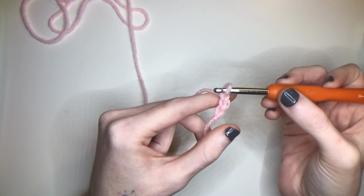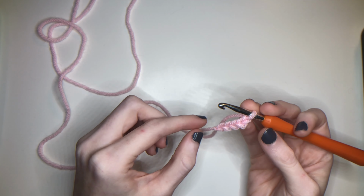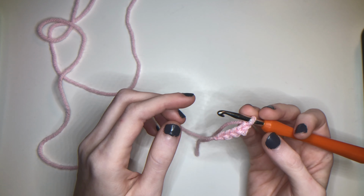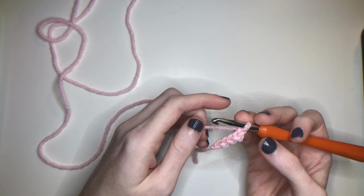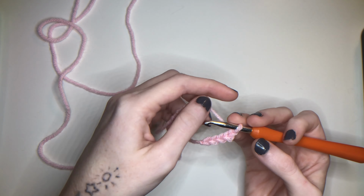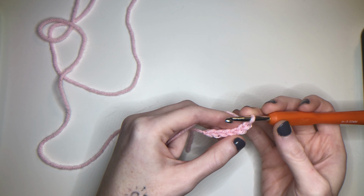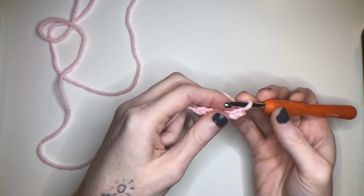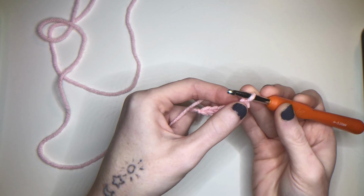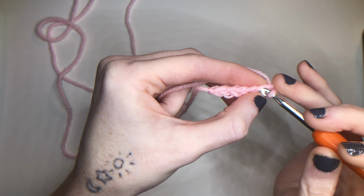Now the first stitch I'm going to create is the single crochet. When you're starting a project, after you do your foundation chain, every new row you start, when you go to turn that project, you're going to chain 1 when it comes to a single crochet so that it makes your edges even. So we're going to chain 1, but our foundation chain is 5 and we want to have 5 stitches. So what we're going to do is we're skipping that chain we just created and going into that second